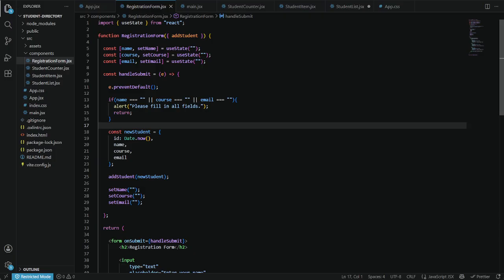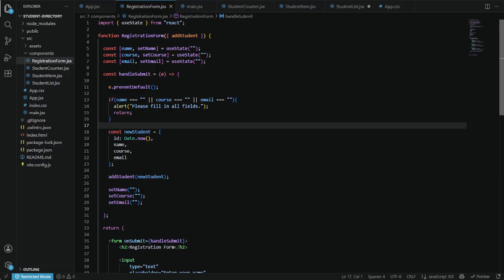And then the const handle submit is the function that runs when the user clicks the add student. And then its job is to check the input, create the student object.